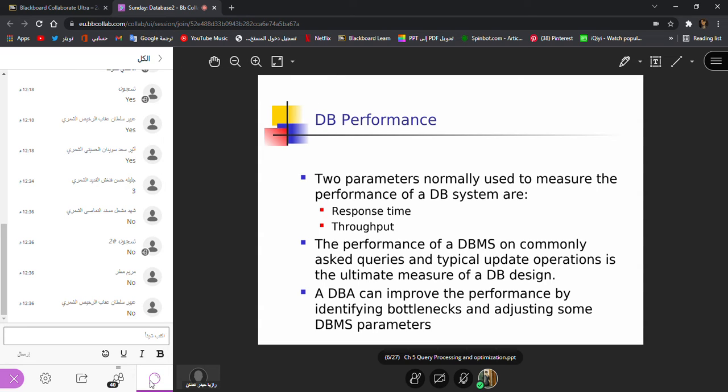The second thing is the throughput. The same is the case with the database. Again, just remember that we are asking questions of the database, trying to retrieve data from it. So if you are getting your data quickly from the database, that means the response time is good and your database is performing well.